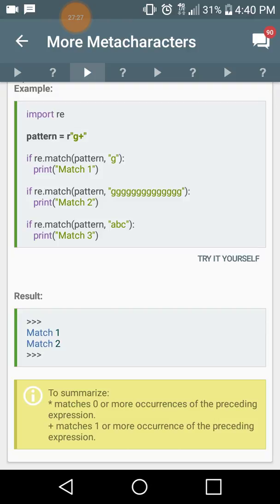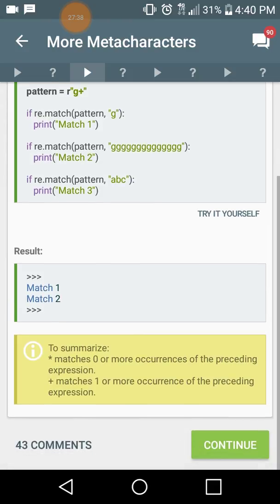The last if condition is if re.match(pattern, "ABC"). Well, what knucklehead would think that that matches? It matches not at all. So of course, print match 3 is not going to show up in the results. To summarize, asterisk matches 0 or more occurrences of the preceding expression, and plus matches 1 or more occurrences of